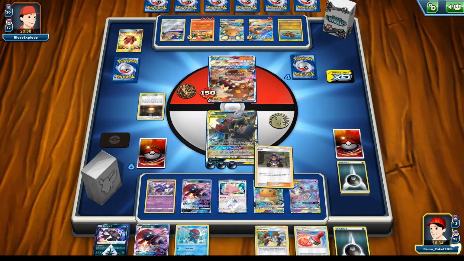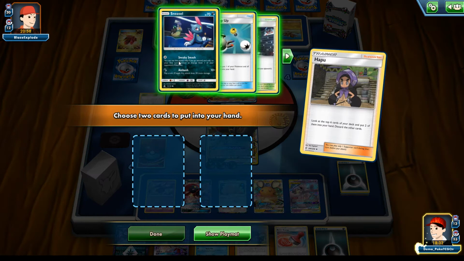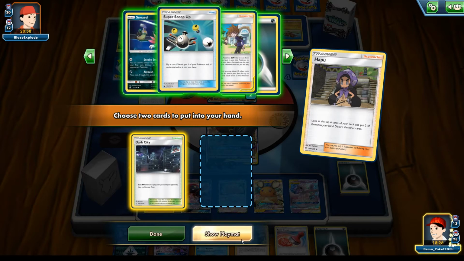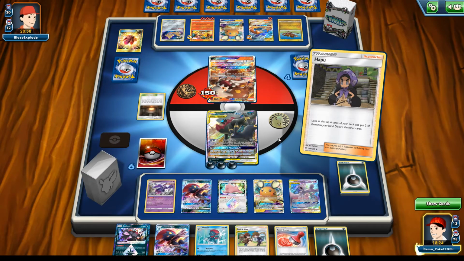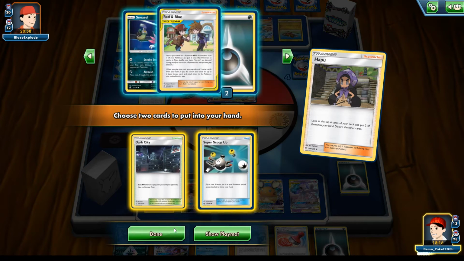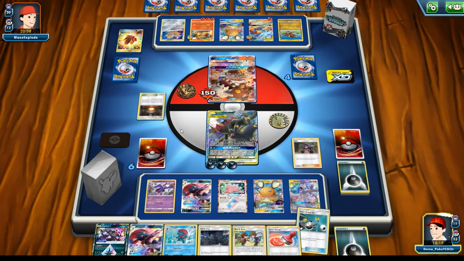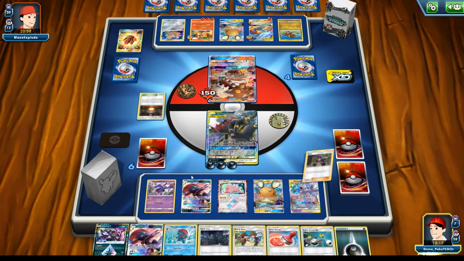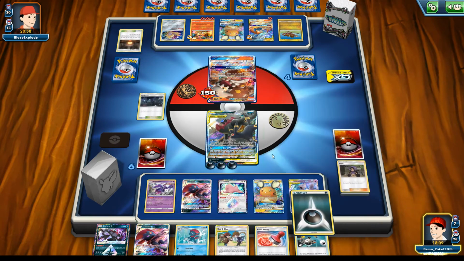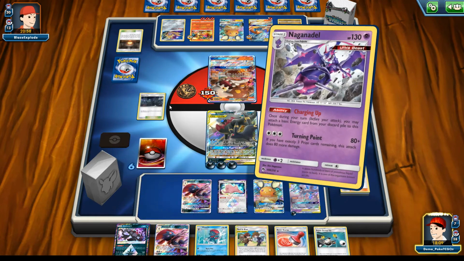What is even more insane is the fact that I have Hapu in my hand, and I do have Dark City, as well as Super Scoop Up, which seems reasonable. Yeah, Super Scoop Up seems reasonable. I really need Super Scoop Up actually. I might still even win this game, which is really funny because right now I have 5 energies in play,